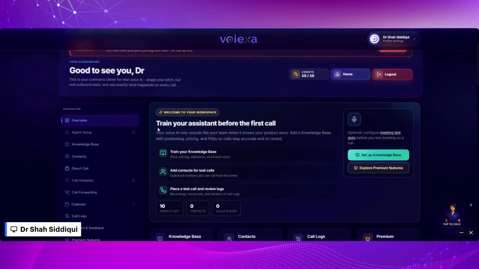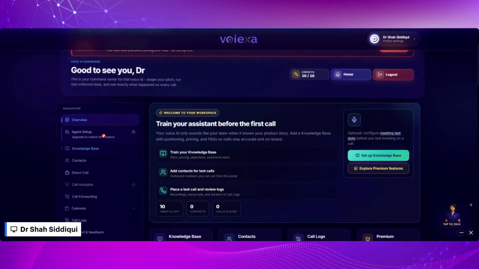There's some limitation here because you don't need agent setup. With a full account, you have to have an agent set up because it's dedicated inbound and outbound calling, as well as characterization and a lot of other things involved.